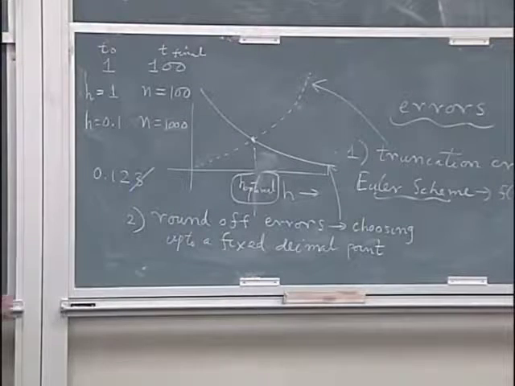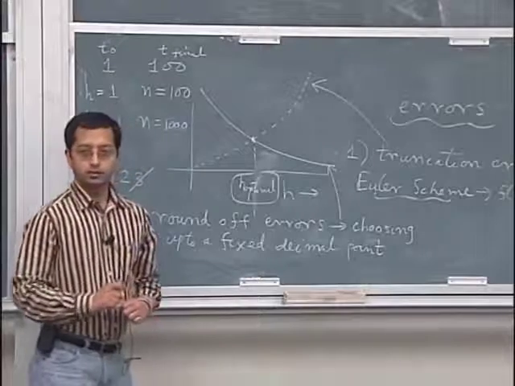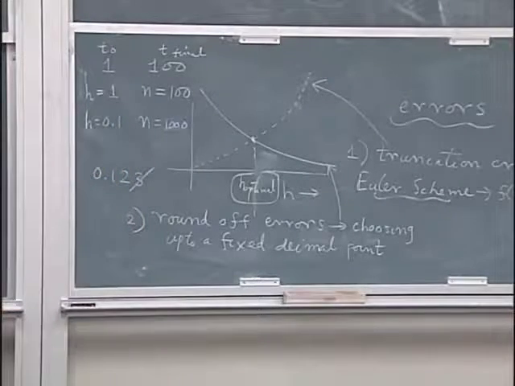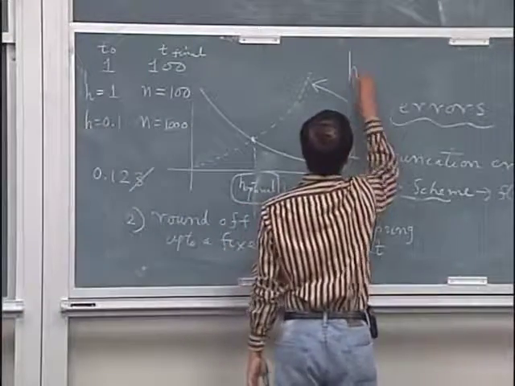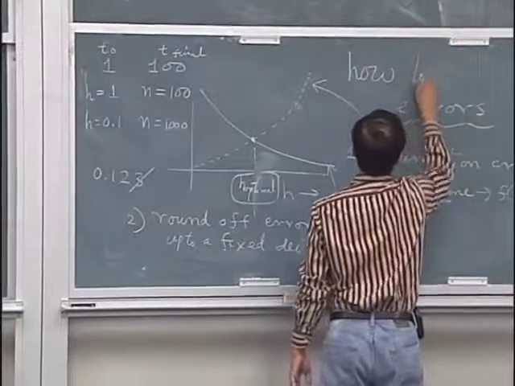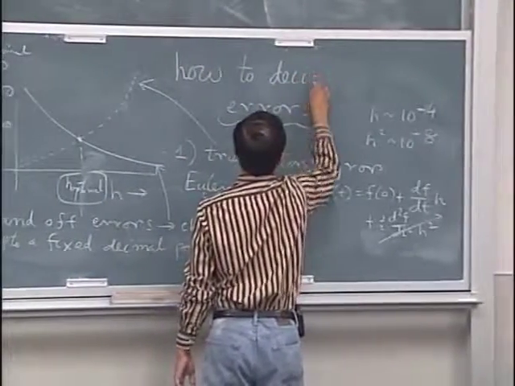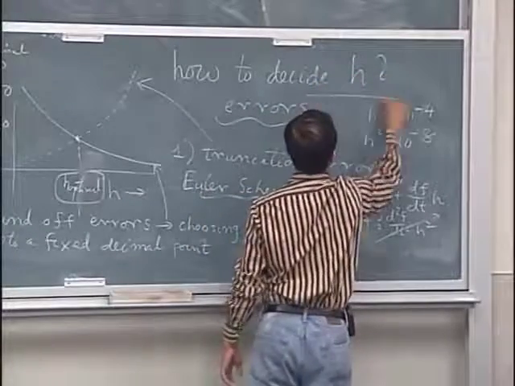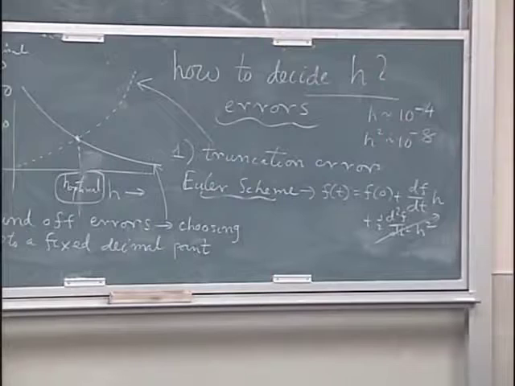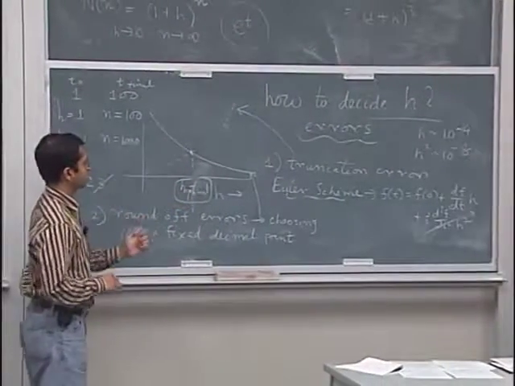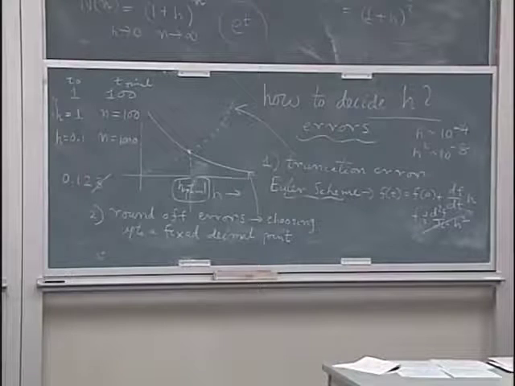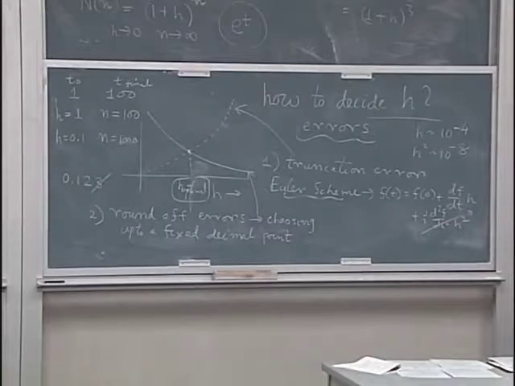And okay, but there is one more thing to consider in this calculation, in this estimation of how to choose h. So the idea here is you decided to do Euler scheme, but how to decide h? That's a big question. How do you decide the time step? So in this equation, there are two major things, truncation error and round off error, choosing the time step h, but there is one more variable in this. What is that? What happens, like, this is all theoretical, but when you are doing it